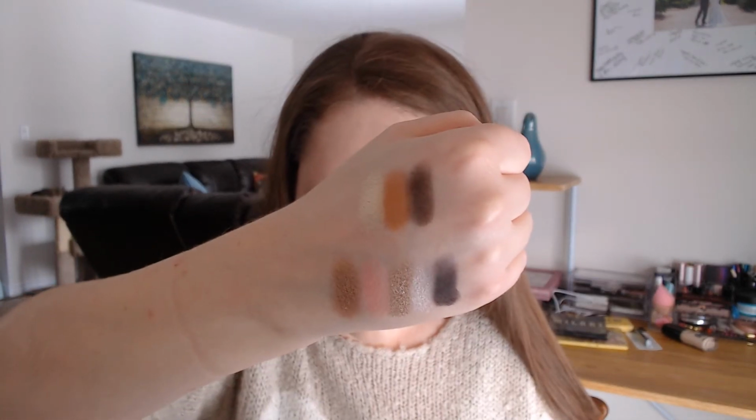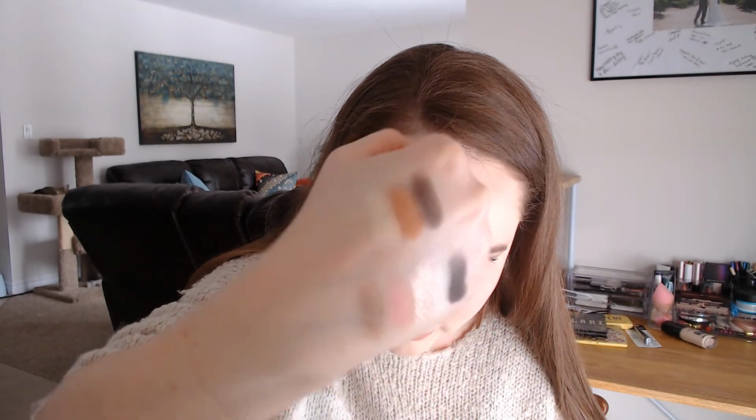So there you go, you can kind of see that. And in the right light, it does have a lot of golden reflection to it. Like a golden-y shimmer kind of deal. So that's that one. And then the next one I wanted to do was his eye color, and I didn't